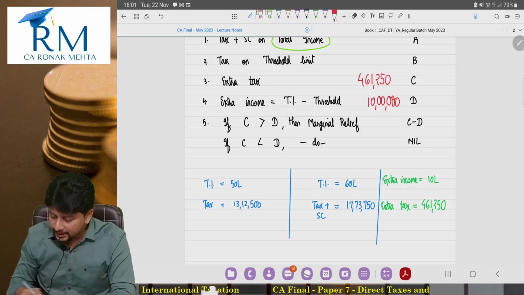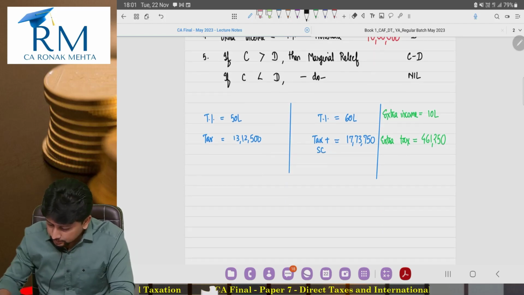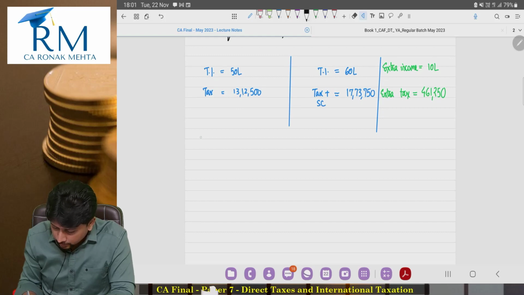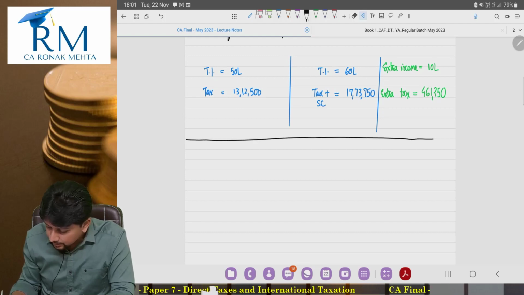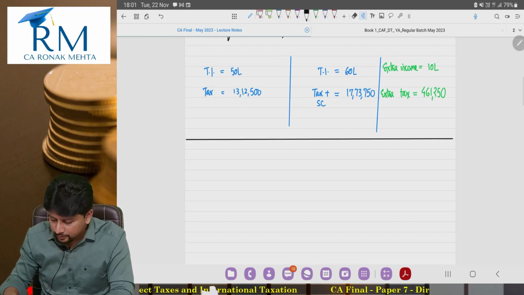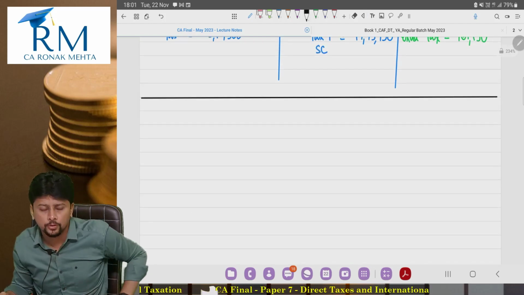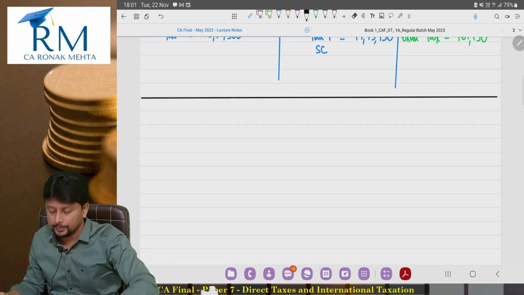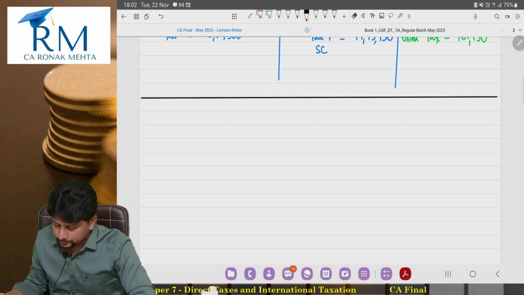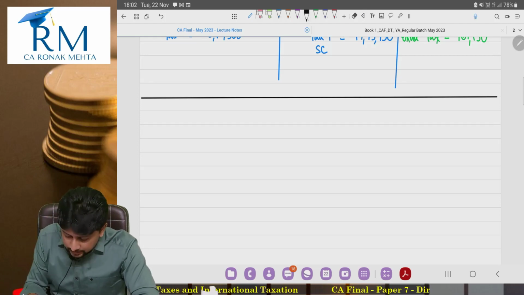Okay, and one last thing, to wrap up the concept of marginal relief. I am saying wrapping it up because in the book I have given you detailed examples relating to marginal relief. I'll show them to you. You can read it at your comfort. One last thing. We will continue with the example of an individual only.